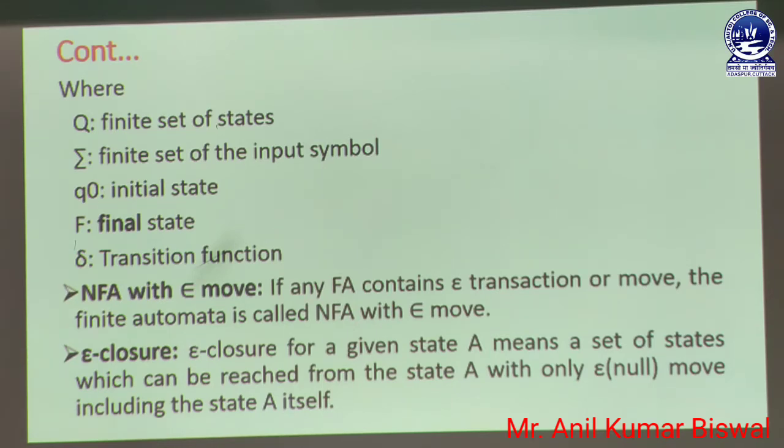So in this slide we already discussed what the different criteria are that we can follow, because you know what the real meaning of NFA with epsilon move is, and then what the meaning of epsilon closure is in this concept. Here epsilon is always denoted as a null move, meaning an empty move. There is no move created at the time of conversion of NFA to DFA, or we can say from a normal state to the next state. So these are some terms related to our topic.